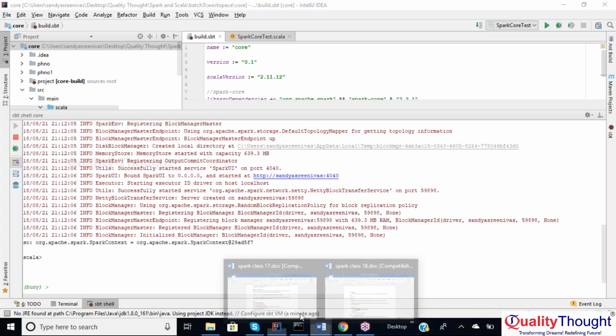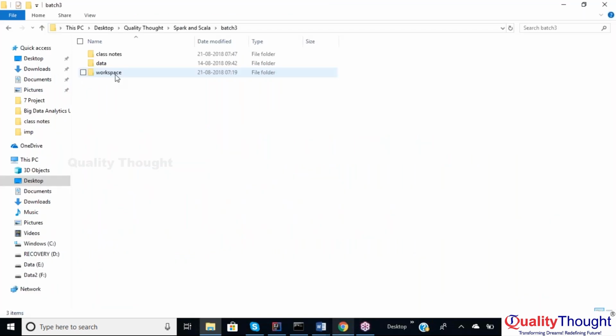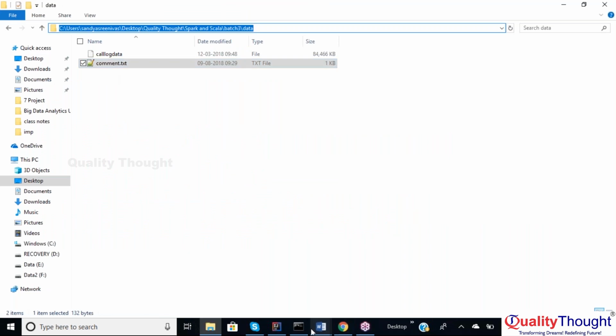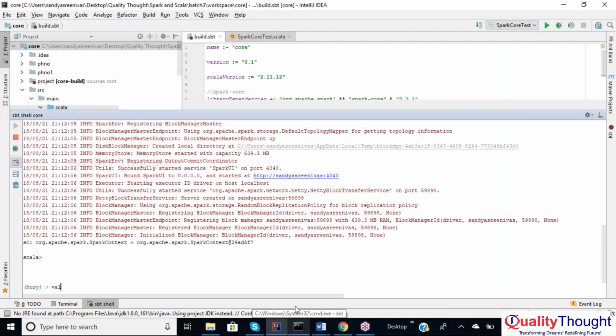loading one file, the comments file. Let's take the comments file in our local path. So in this data, we have comments, right? If you want to use this entire path, use val rd1 equal to sc.textFile, and pass the text file path plus